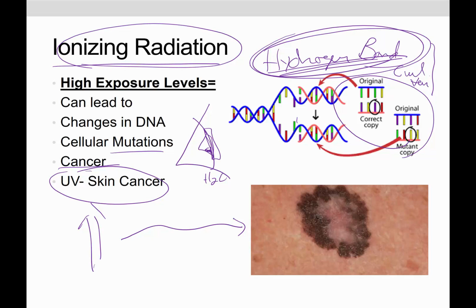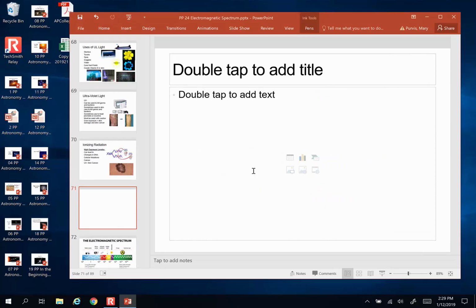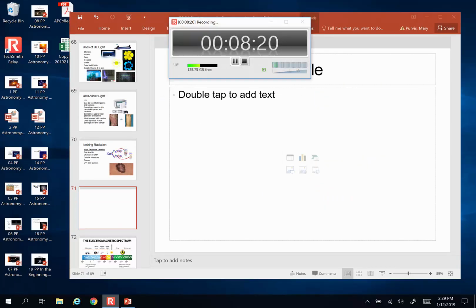There's lots of different kinds. This is the nasty melanoma kind. And when in doubt, go see the doc. It's kind of always a good idea. All right, there's an overview of ultraviolet, and we'll come back with our last one on the highest energy